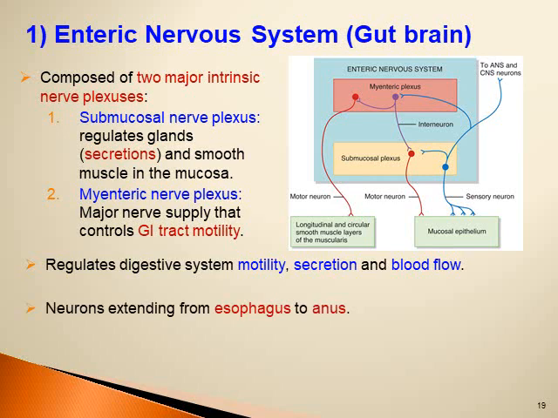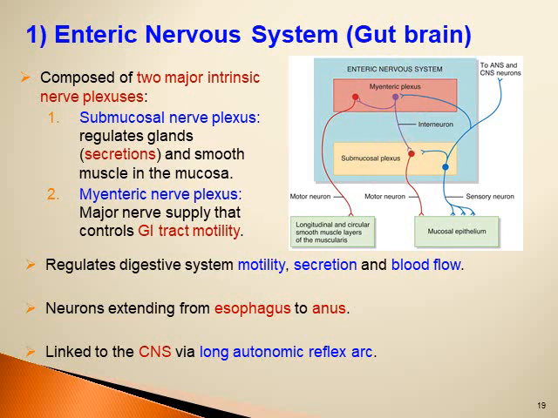The myenteric plexus and the submucosal plexus extend from the esophagus down to the anus. The myenteric plexus is linked to the central nervous system via long autonomic reflex arcs, as we can see here, that also impulses will travel to the central nervous system, and then motor fibers will come back through the sympathetic and parasympathetic divisions of the autonomic nervous system to modulate or alter the activity of the myenteric plexus and the